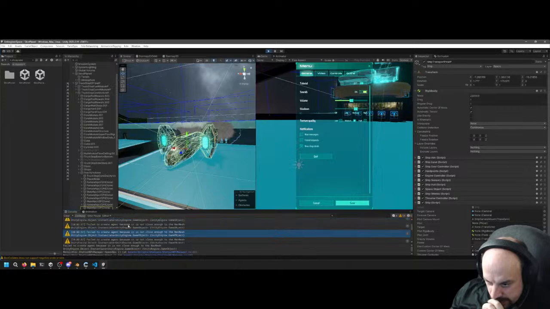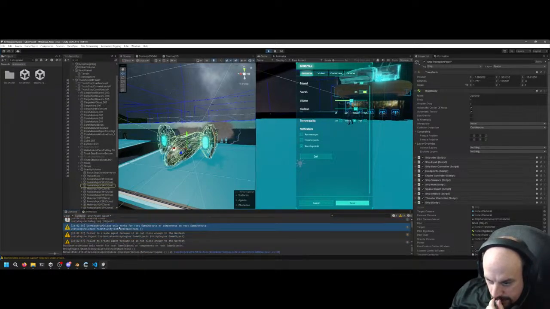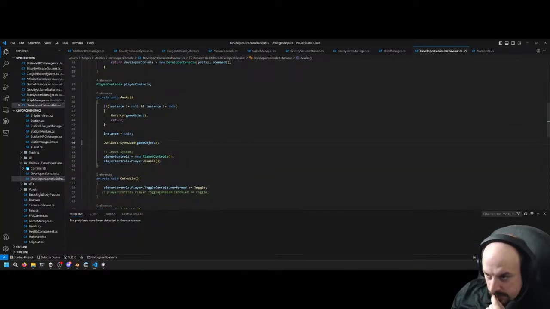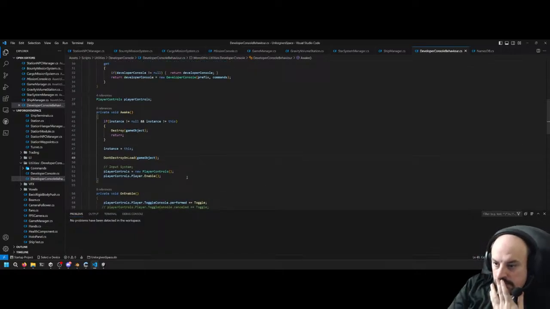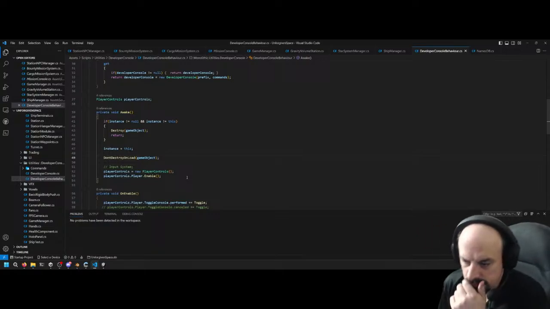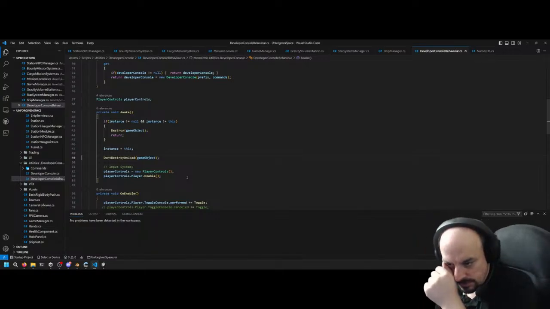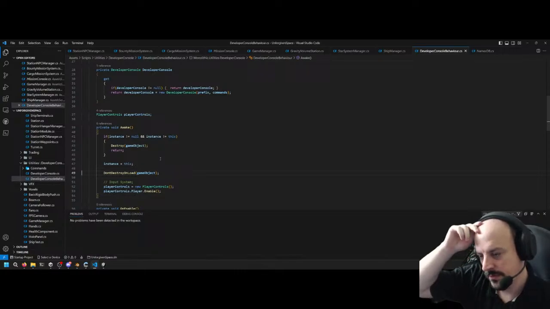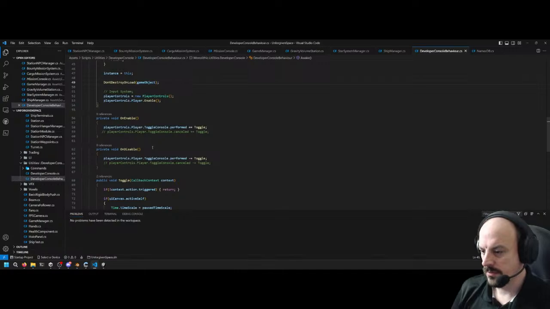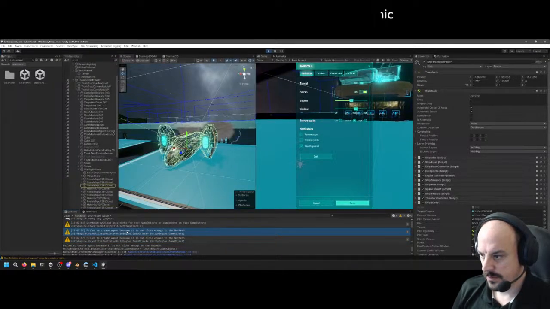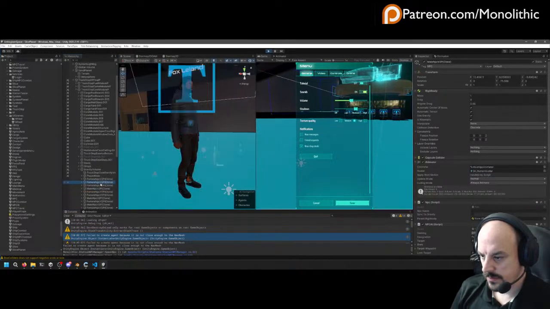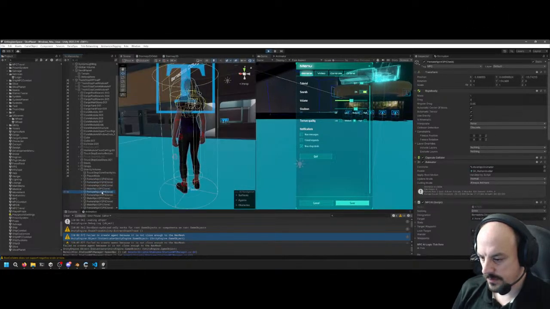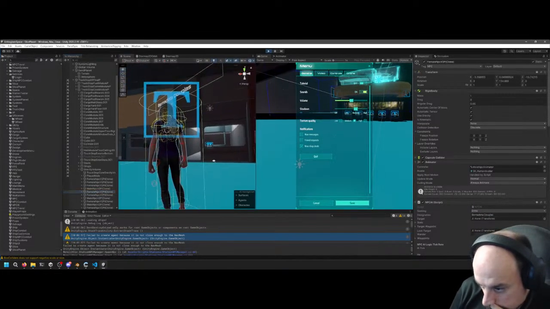It's like it tried to create them all at some point. It says it wasn't close enough to the nav mesh, but they all ended up working. But she's on the nav mesh.